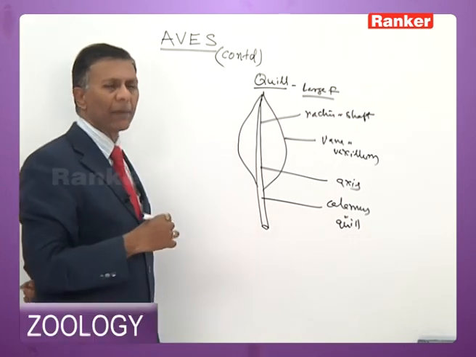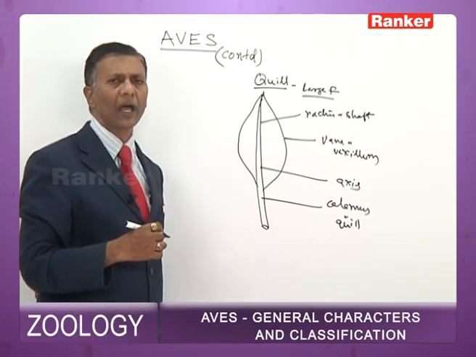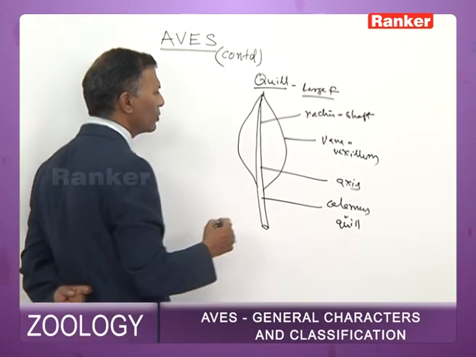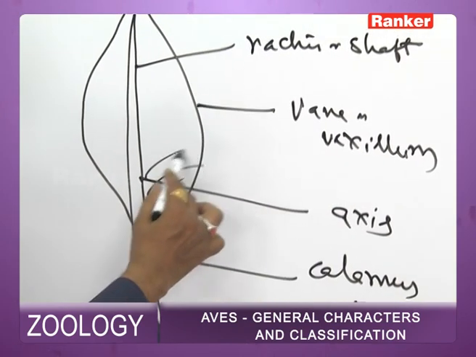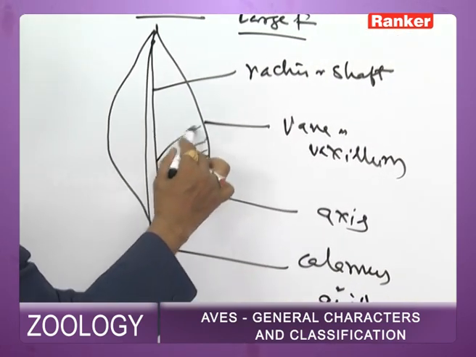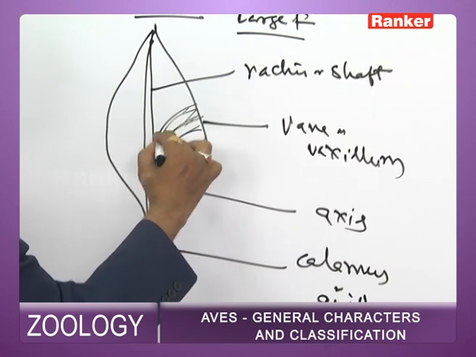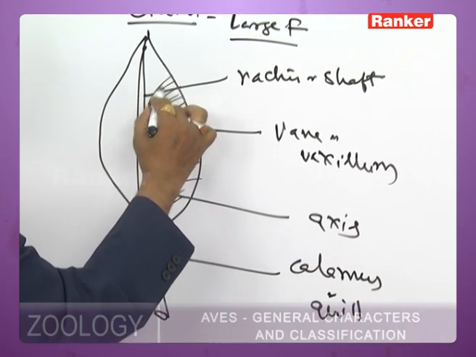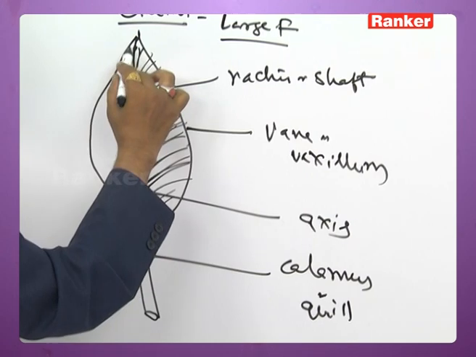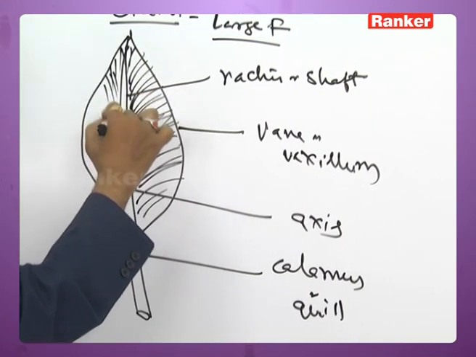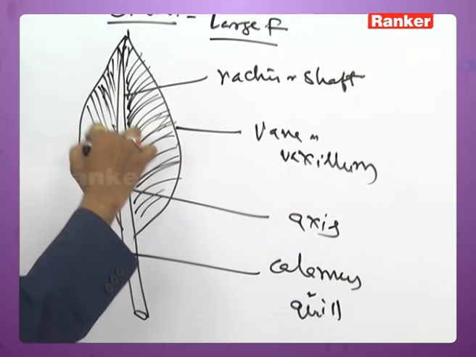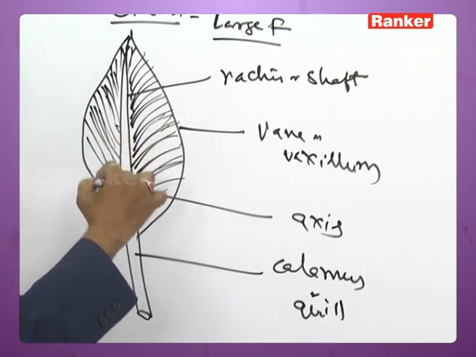The cylindrical naked part of the rachis is called calamus or quill. Now this vein or vexillum is made up of several thin hair-like structures. These hair-like structures are arranged parallel to each other, traversing through the entire